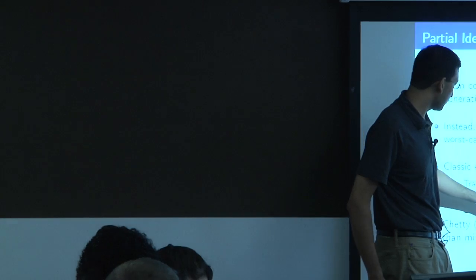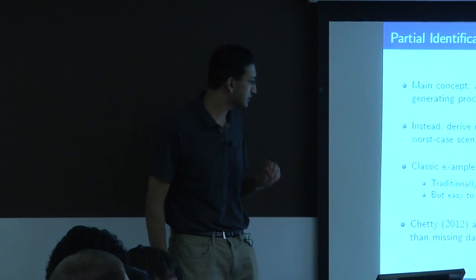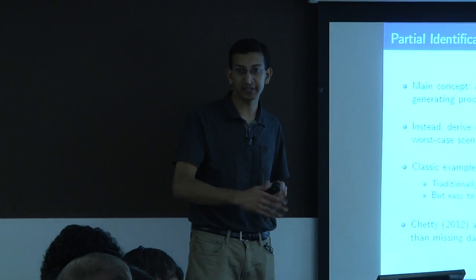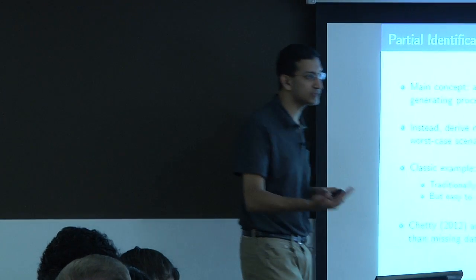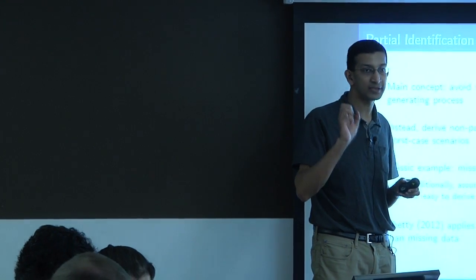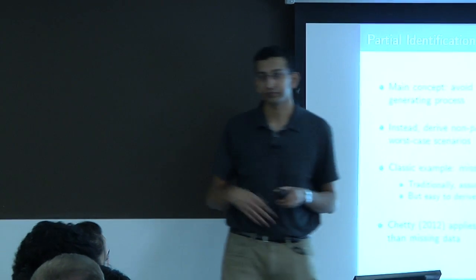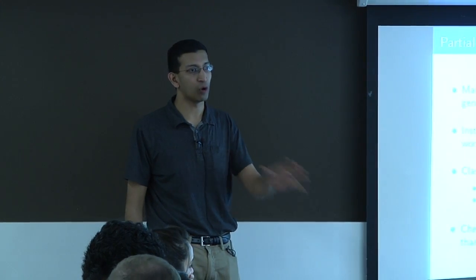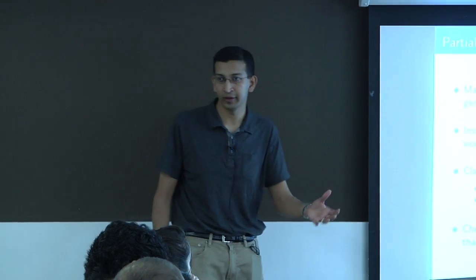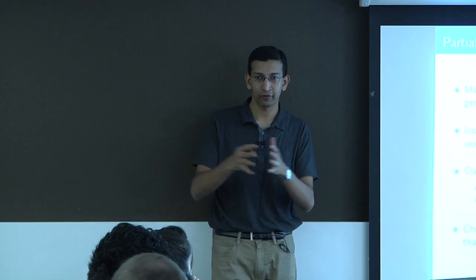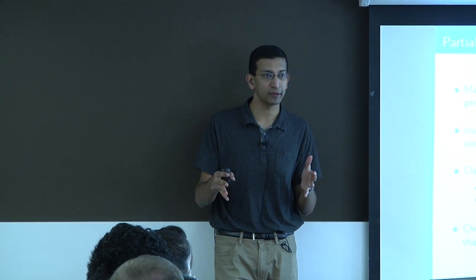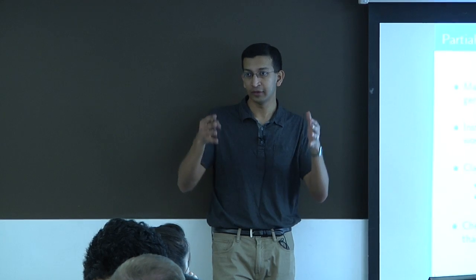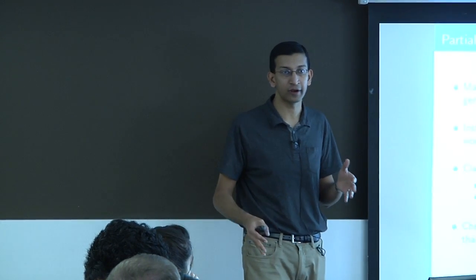So Manski's insight, which is straightforward in this example, is that it's easy to derive bounds by taking extreme cases on what the missing data might look like. Take the simplest possible example: I just want to estimate the mean employment rate in the economy, and suppose 20% of the people have missing data. I can assume those 20% are all employed or all unemployed, and you can see how I get a set for the potential mean employment rates in the economy, right? That is completely non-parametric. No matter what the nature of the missing data looks like, that set is going to contain the mean that you're trying to estimate.